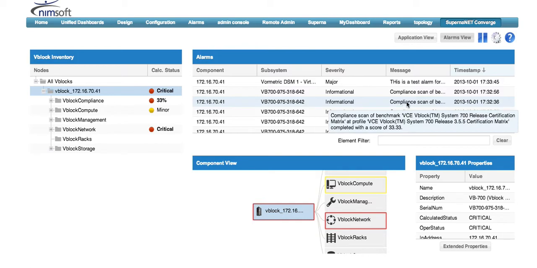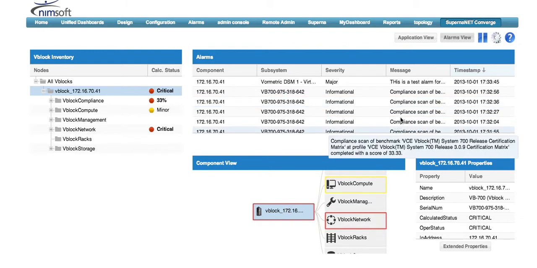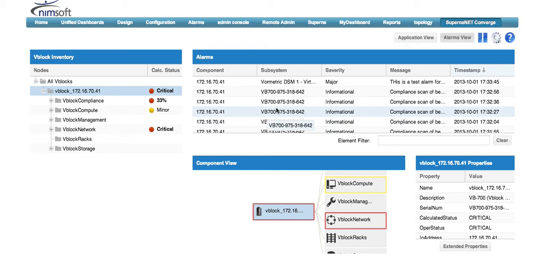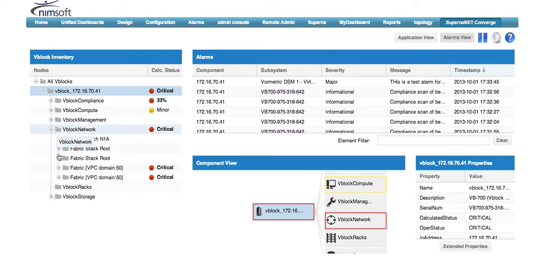So here, this is a compliance scan. So we can see here that this is the 355 baseline check with a score of 33% compliant. So this is a daily job that runs and compares all the profiles stored on Vision and gives you a status or update and recalculates. Just to show a bit more detail, if we drill in to one of the layers,